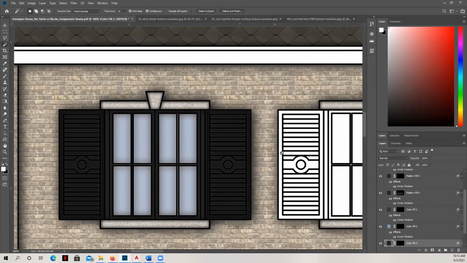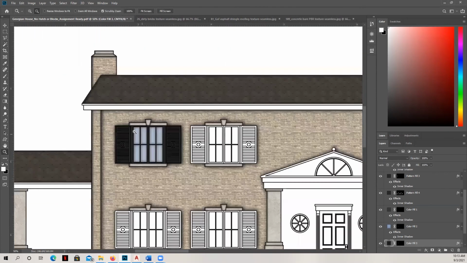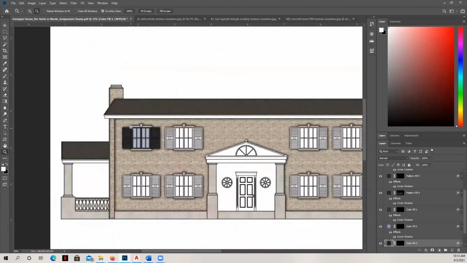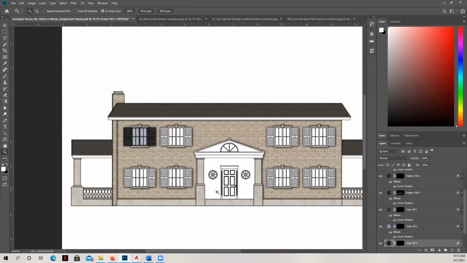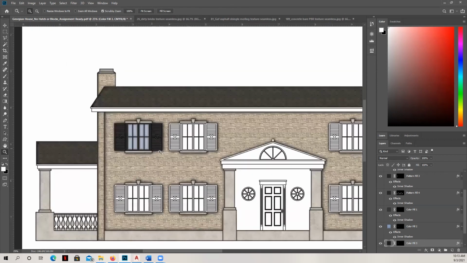Okay, so at this point, I would probably grab my design manager and I would say, okay, what do you think of this so far? Just to get feedback, because what happens next is going to be a lot of work to undo. And so if my design manager liked everything, then I would continue going through all the windows.